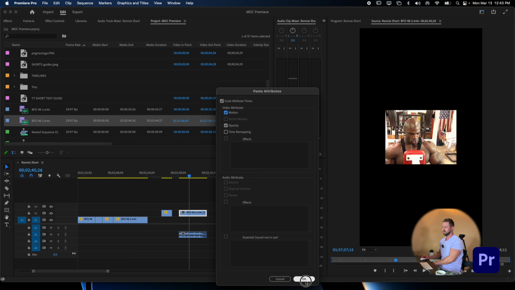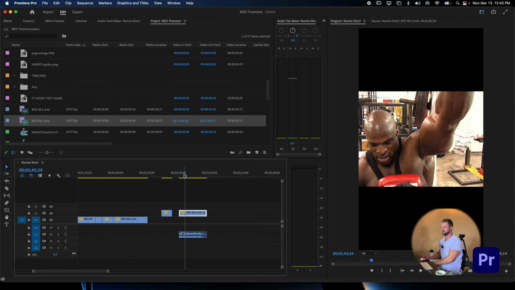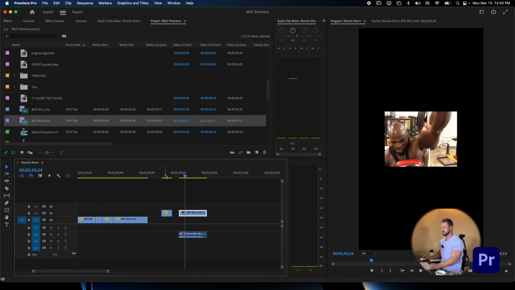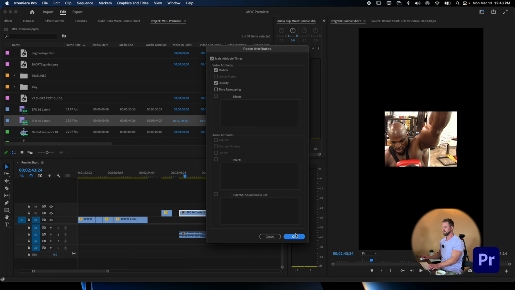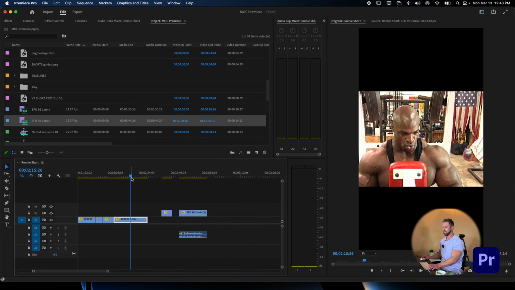And it didn't work. Oh, did it? Yeah, it worked. Okay. So there you go. So this is what happened. This is what the clip looked like. I said paste attributes, motion, and now I copied the attributes from that clip to this one. Anyways,